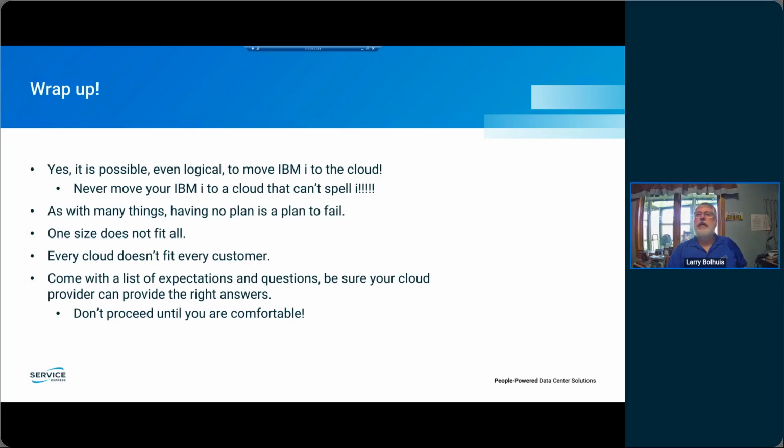Another one, customer said they did a POC with a vendor moving to the cloud, and the question is, they had to place all scheduled jobs on hold, and they have 1,000 of them, and they wanted to save QDFT job. No, you don't. What you really want, if you email me, I can send you a tiny little CL program. There's 2 of them. The one does a dump, uses SQL to dump the job scheduler into a table, and then puts all those jobs on hold. And then the other